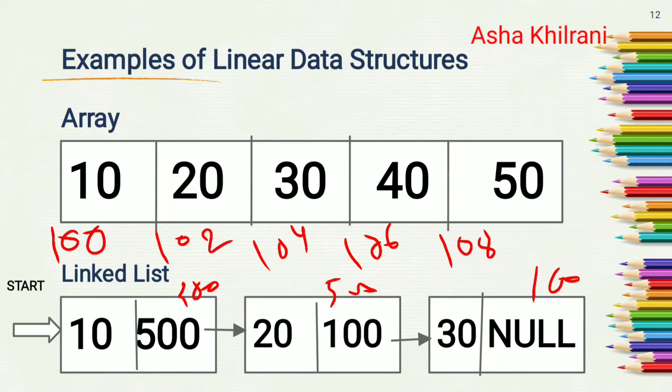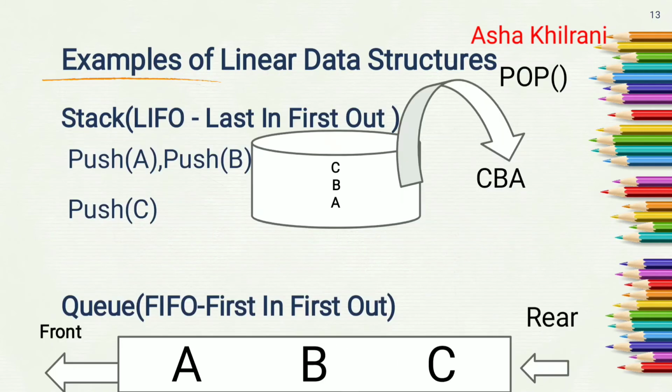As a linked list is a linear data structure, we know which element comes after another. To find this out, the address of the next node is also stored with a data value. So after 10 we will get 20 at address 500, and after 20 we will get 30 at address 100, and after 30 there is no element, so the address part of this node is null. So we can say that a linked list is a collection of nodes which contain data values and the address of the next node.